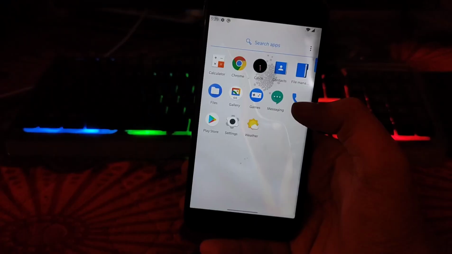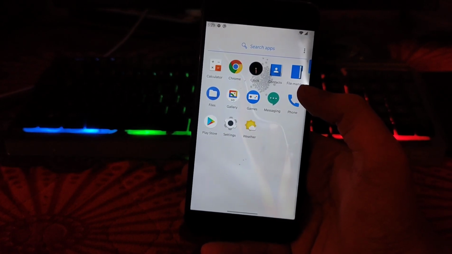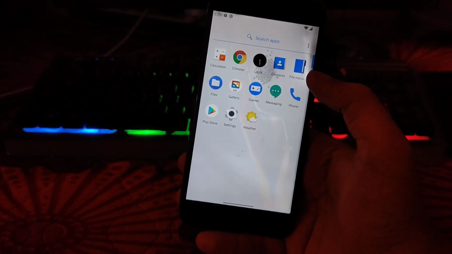So OxygenOS port, or kind of you can say GSI, has been successfully booted on our Mi A1.